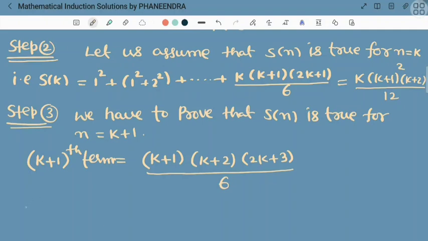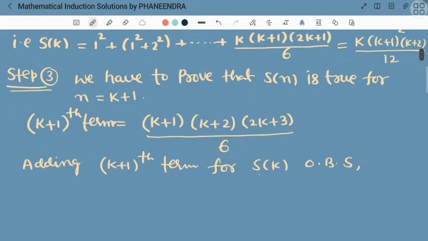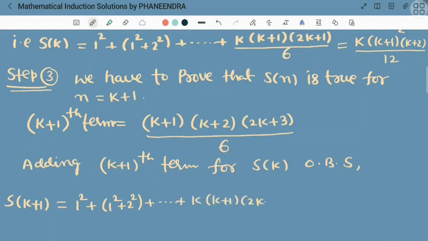So to prove the given statement true for n is equal to k plus 1, adding the k plus 1th term for S of k on both sides. So this is S of k now. Whenever we are adding the k plus 1th term, it will become S of k plus 1, dear students. Keep in mind, you write it as it is: 1 square plus 2 square plus and so on, k into k plus 1 into 2k plus 1 by 6,